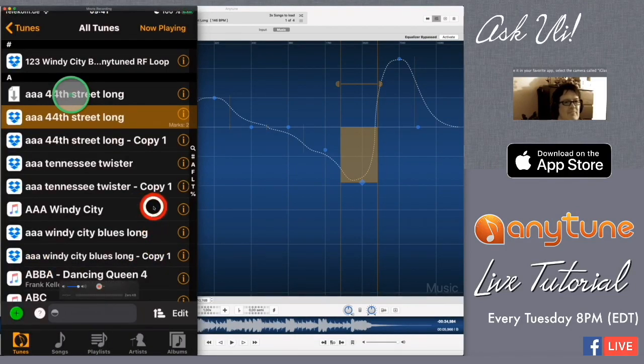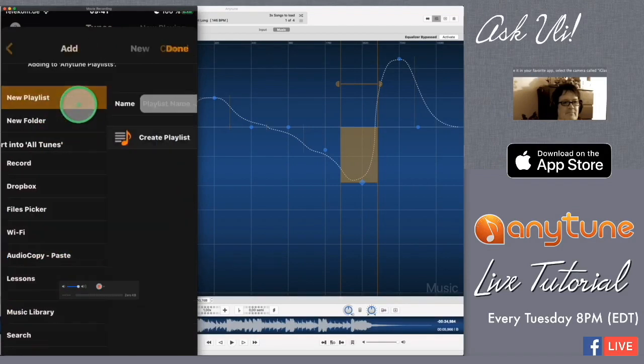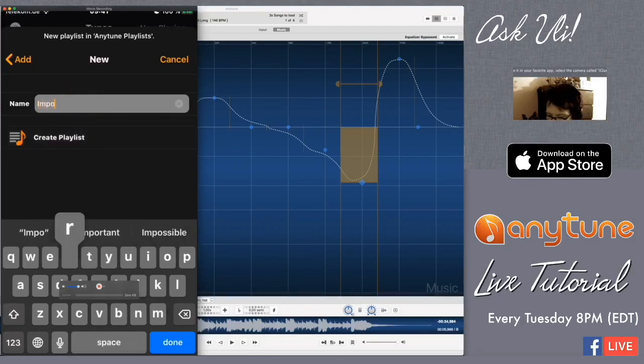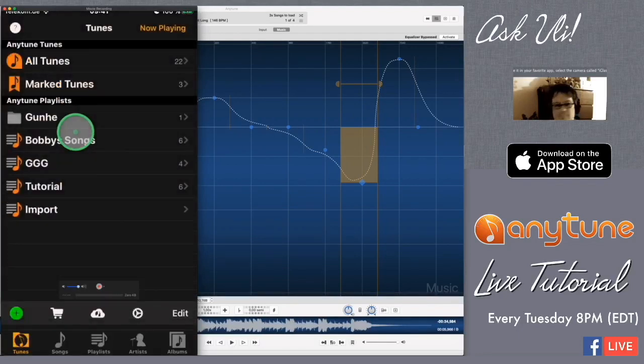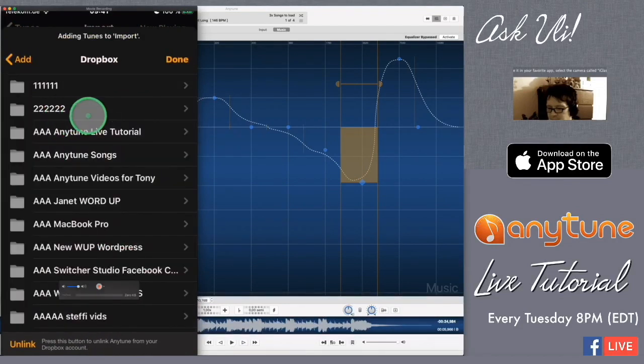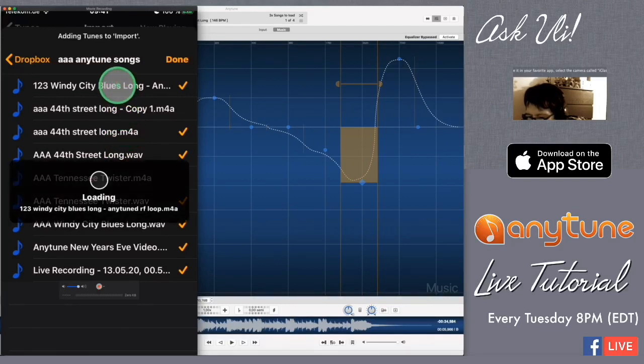Okay, now we are on the iPhone, and to make it easier so we can see what exactly happened, I'm going to make a playlist quick. For this I go to the green plus sign here, make a new playlist and call it import. Okay, and now I go back to the plus sign, go to Dropbox and to my folder,